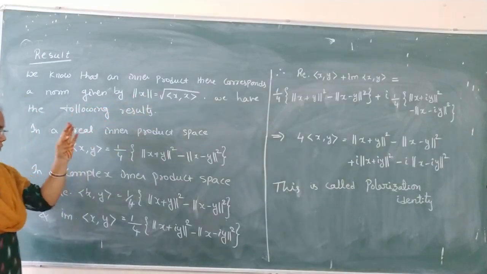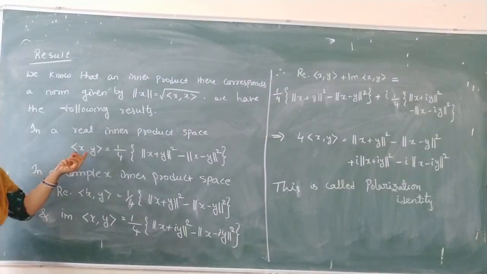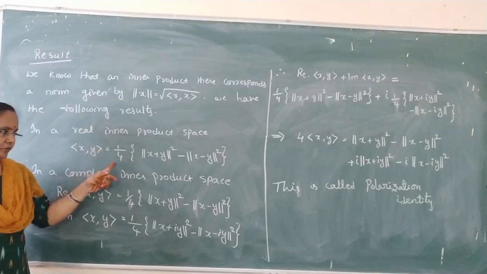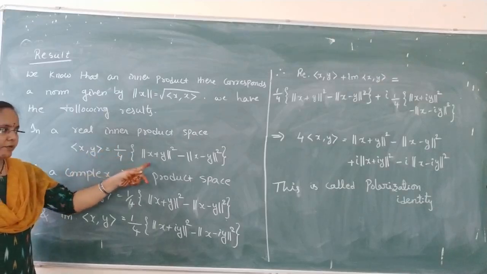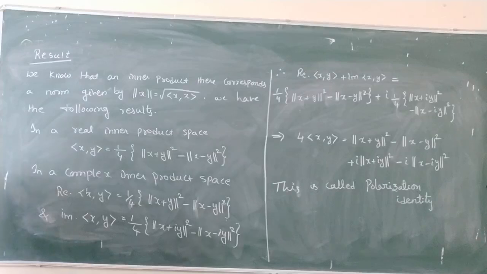Then we have the following results. In a real inner product space, the inner product x comma y is equal to 1 by 4 into